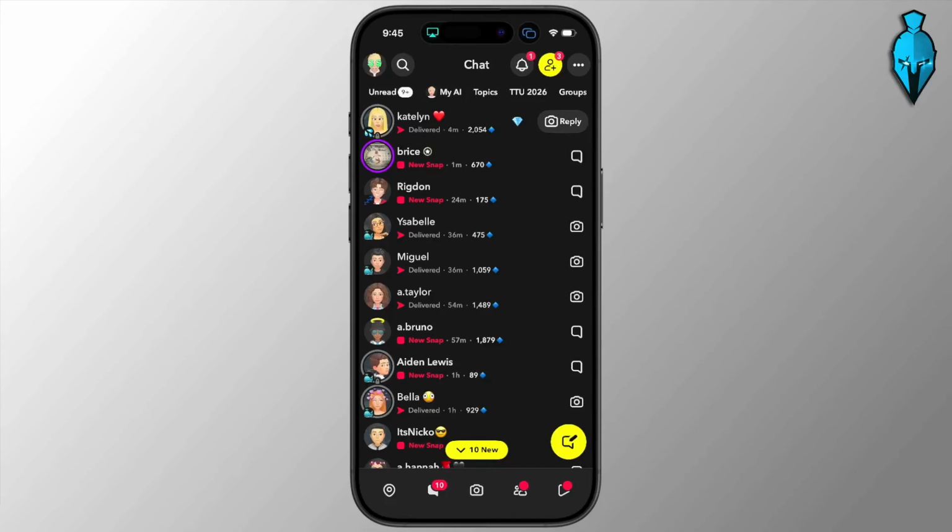In this guide, I'm going to show you how to use Snapchat for beginners. It's going to be the ultimate Snapchat tutorial intro. First things first, go ahead and download Snapchat from either the App Store or the Google Play Store and open